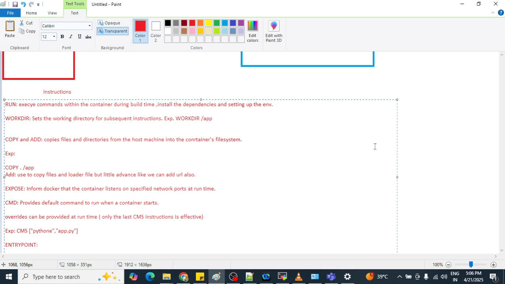The difference between ENTRYPOINT and CMD: suppose you need to configure the container that is also required at runtime, then at that time we will use the ENTRYPOINT, but it is not overridden. Configure the container to run as an executable.